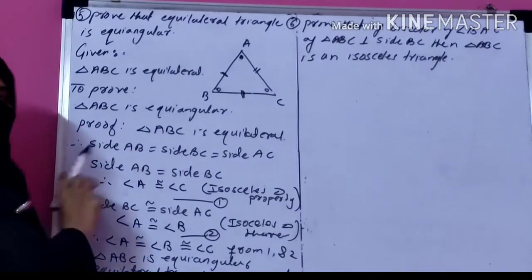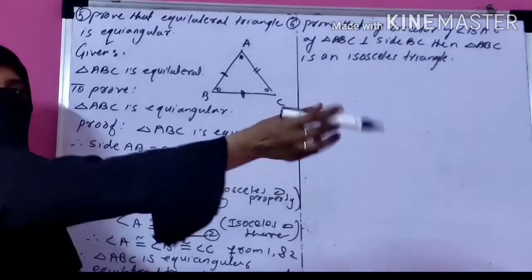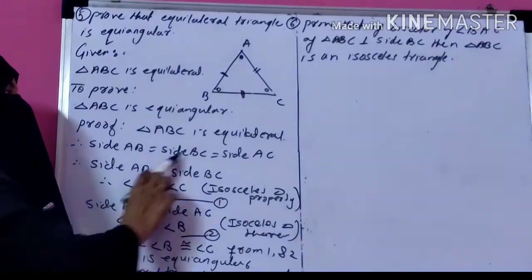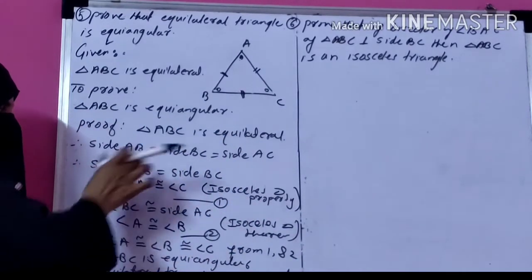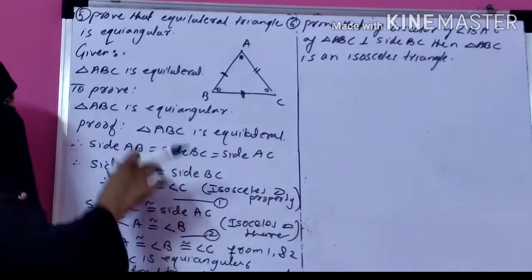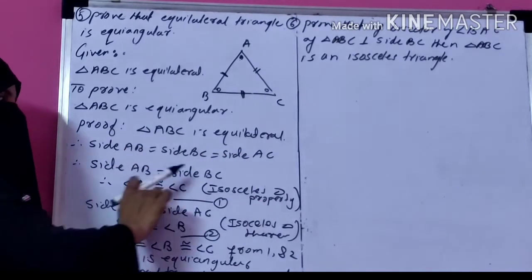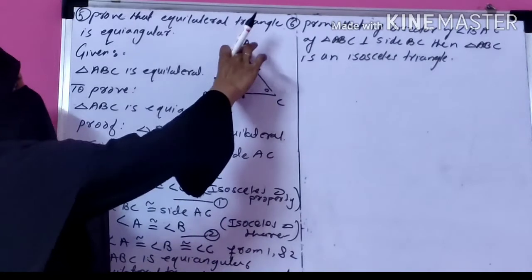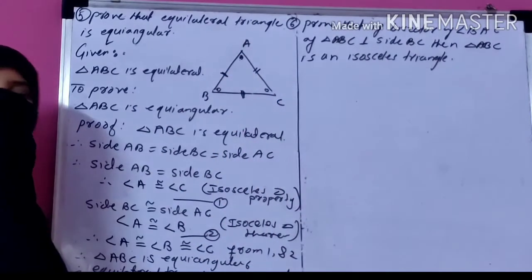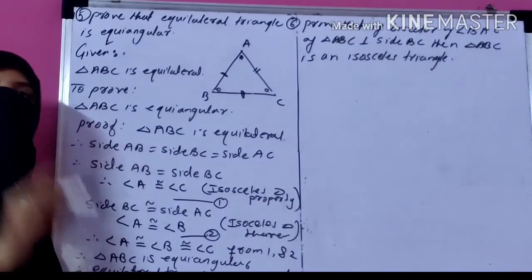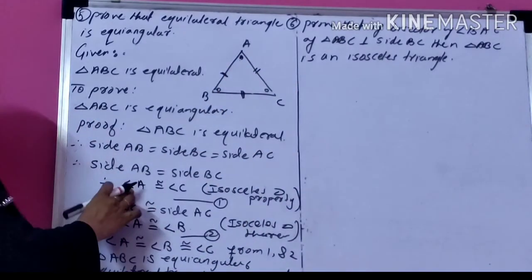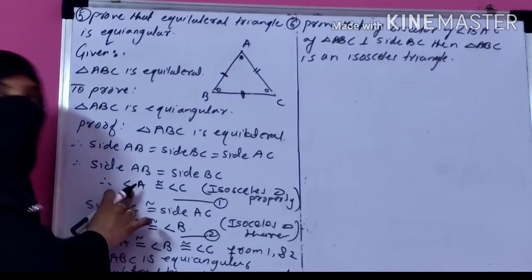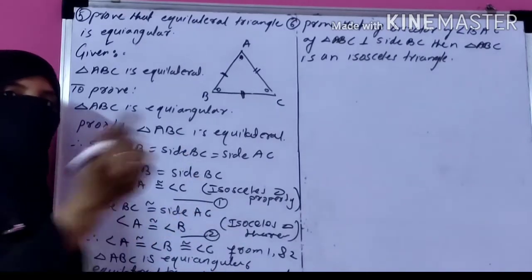So therefore if the triangle is equilateral, all the three sides are equal. So therefore side AB is equal to side BC is equal to side AC. Got it? Now I am taking the pair of two sides. So first of all I am taking side AB is congruent to side BC. If I am saying AB is congruent to BC, then the triangle becomes isosceles. If the triangle is isosceles, then the angle in between the congruent sides is equal, or you can say congruent. So that means angle A is congruent to angle C.